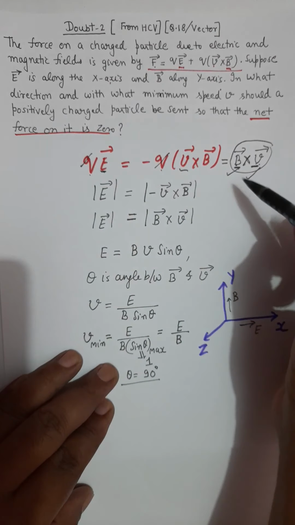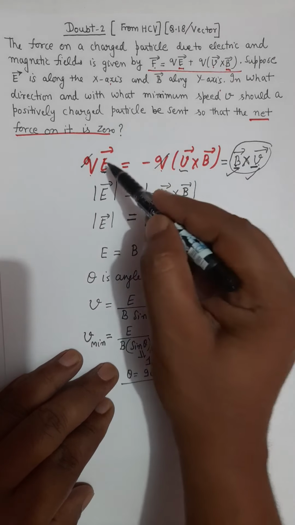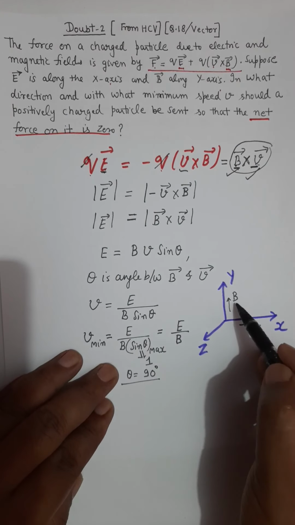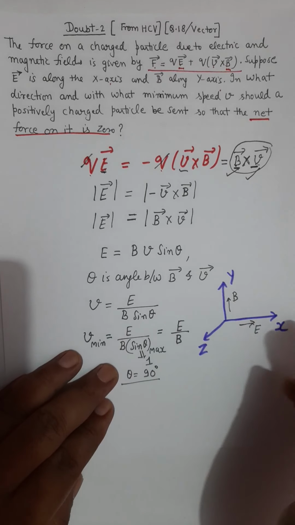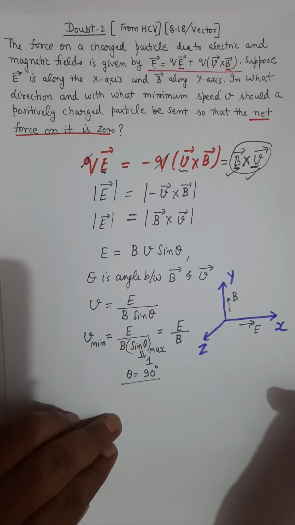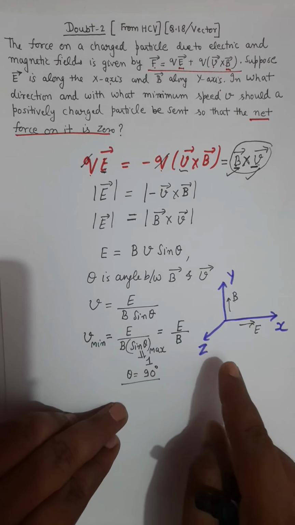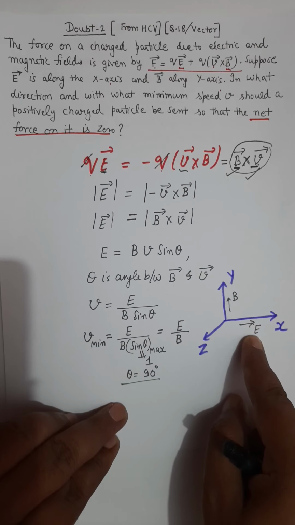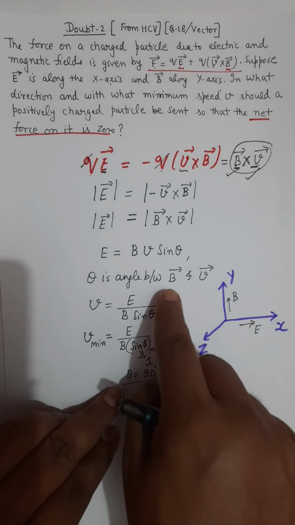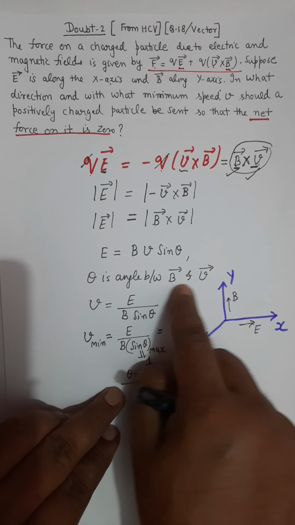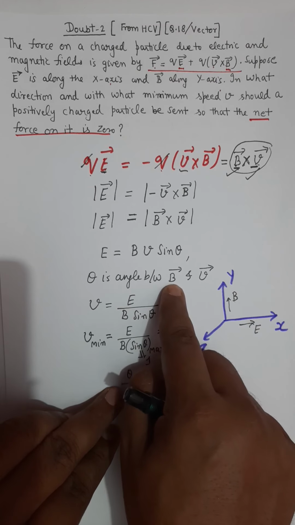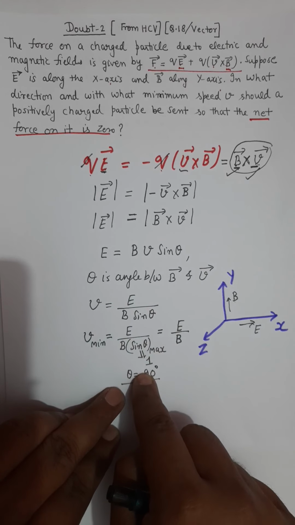So it has to be at a 90 degree angle with the magnetic field, and at a 90 degree angle with the velocity also. So this E is already at 90 degrees with B, and it has to be perpendicular to velocity also. So velocity and electric field are perpendicular. And since theta is 90 degrees, which was the angle between B and V, it is clear that velocity is perpendicular to the magnetic field also. V is perpendicular to B from this step.